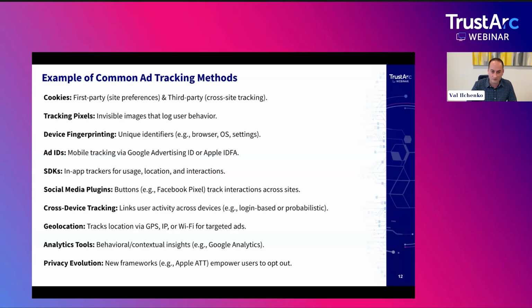So these are some examples of common ad tracking methods. I want to stop for a second on cookies. Everybody knows about cookies at this point, or many people do. Cookies is really one part of the equation right now. We're going to talk a little bit more about cookies and what's happening in the space in the next portion of our presentation. But they're important and they're used for a lot of things, right? Actually, a lot of these things are used for a lot of things. Cookies and pixels and other things may be used for ad delivery and tracking and efficiency, but cookies are also used for things like fraud detection, remembering what language you chose, making sure websites run correctly, etc.